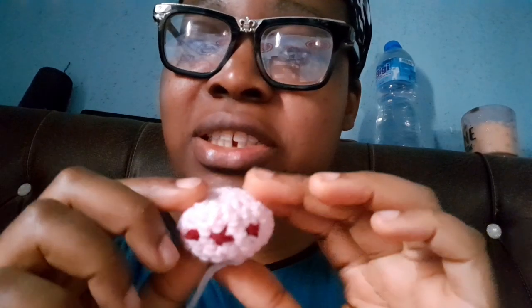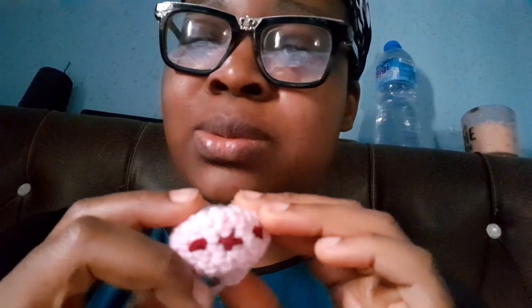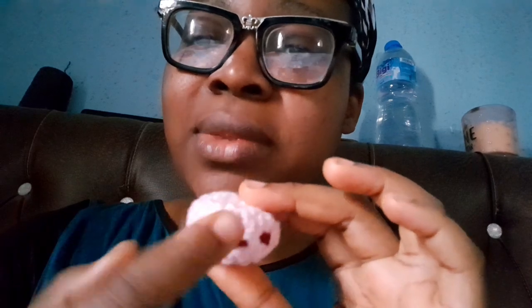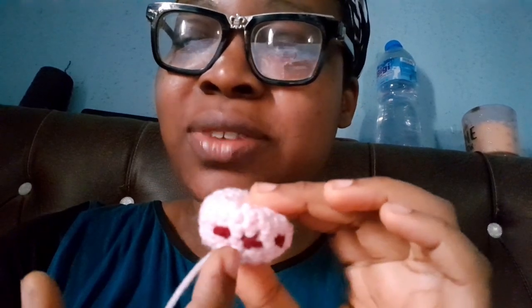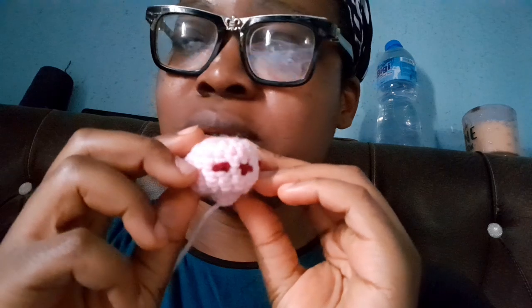So this is the head of the doll. As you can see, she used something called snake eyes. I don't know, a kind of button you put inside the doll's head to create its eye effects, but I don't have that, so I decided to make something like a Miffy sort of face. The nose is supposed to be like an X or something, but I just pretended, since this is my first project. Actually it looks good, it kind of looks okay. By the time I put everything together, maybe it will make more sense. But this is the head,